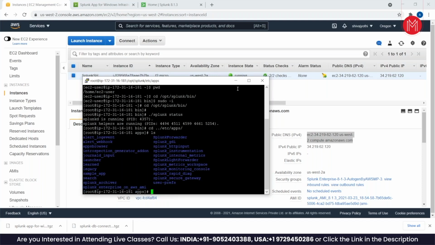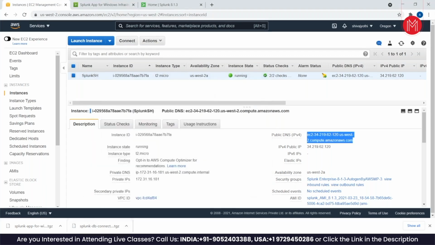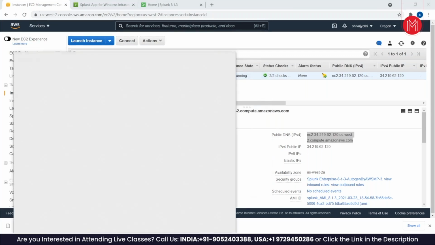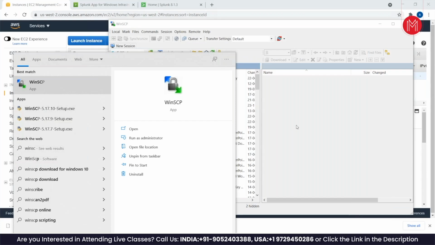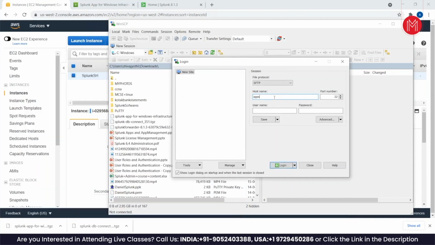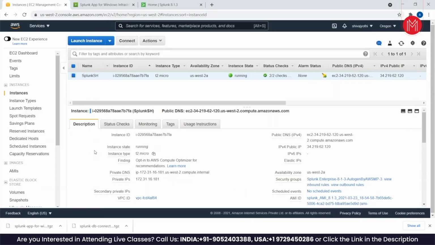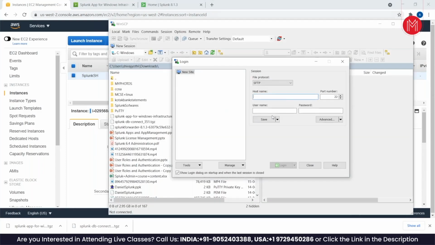Now what we are trying to do, we are trying to add the application into this apps folder. To do it, use WinSCP. WinSCP is a tool which is used for transferring files from your desktop to the Linux machines. I'm trying to open it, and it is asking me for host. So always give the host name, public DNS IPv4. Copy it, give it here, and username is